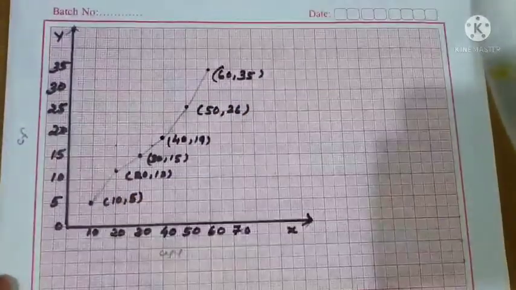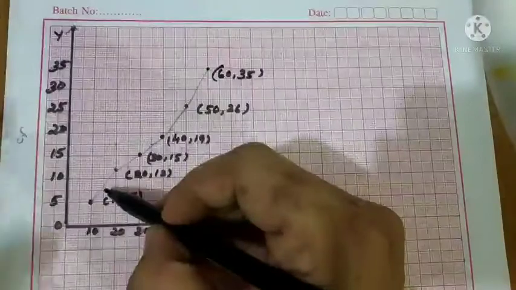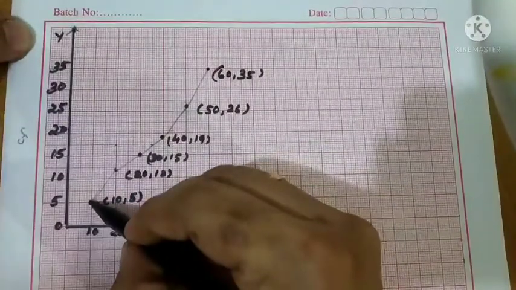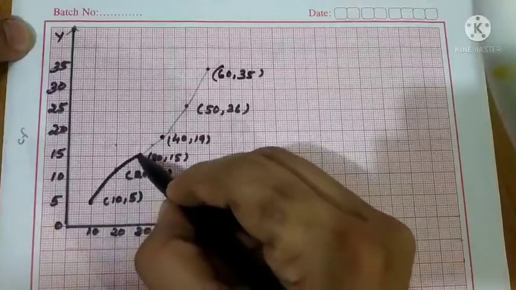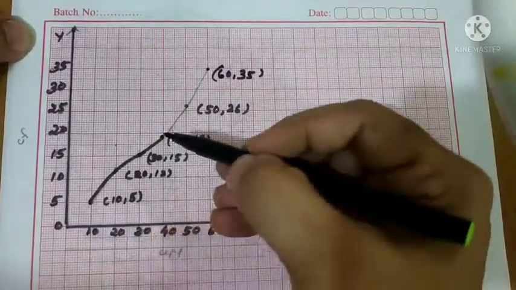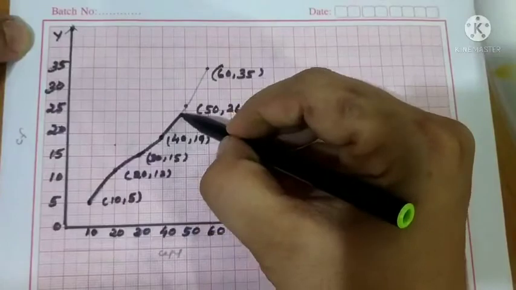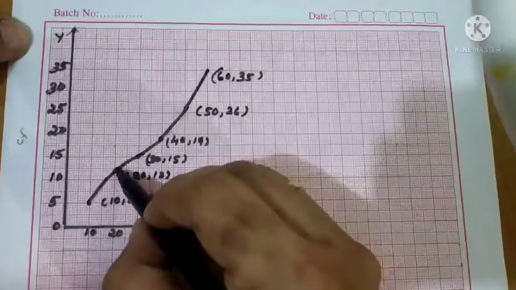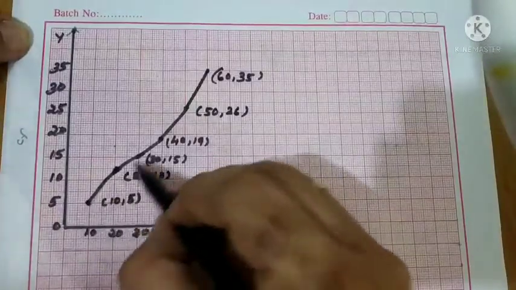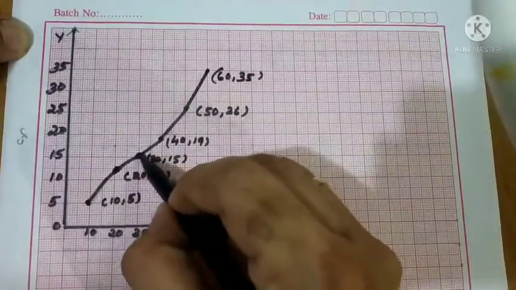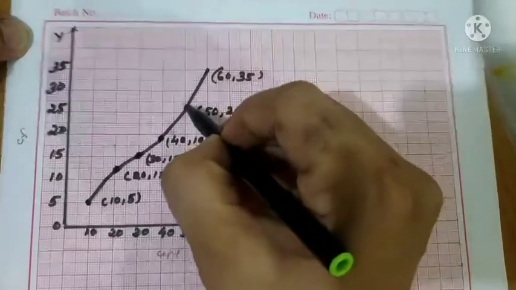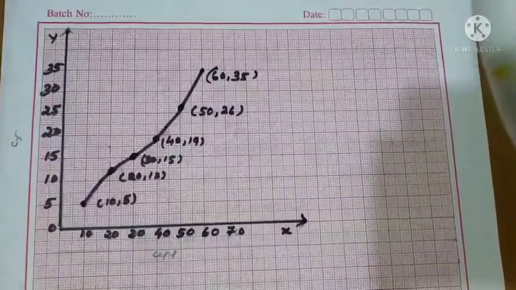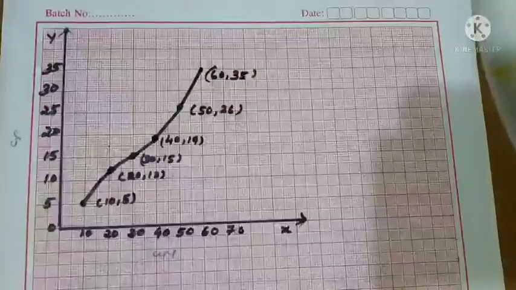So after that what you should do is join with the pencil only in your notebook and all. We have to do it like this. This is called a freehand smooth curve. So it will be a curve, compared to last year's question. Now you can highlight the points where you have plotted. So here, see, these are the points. So it is upward direction, so less than OGIVE.